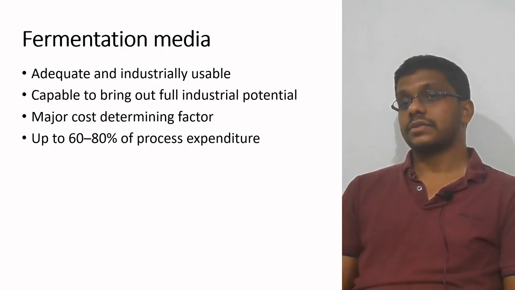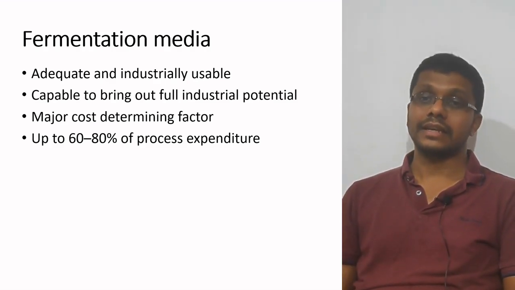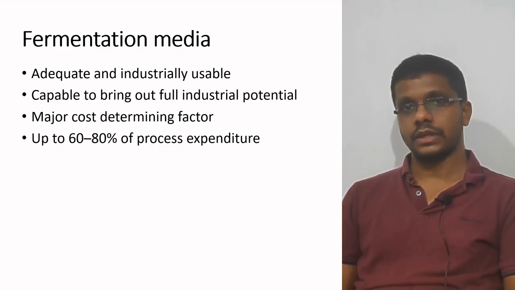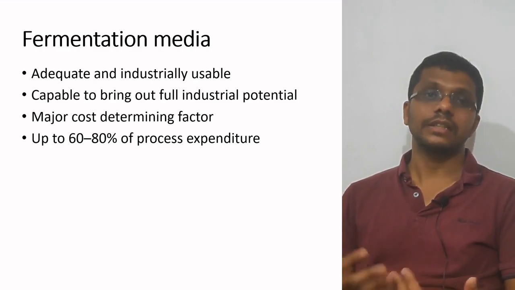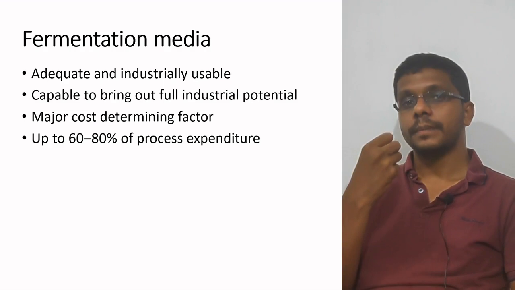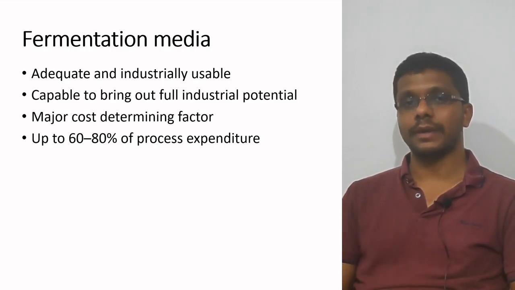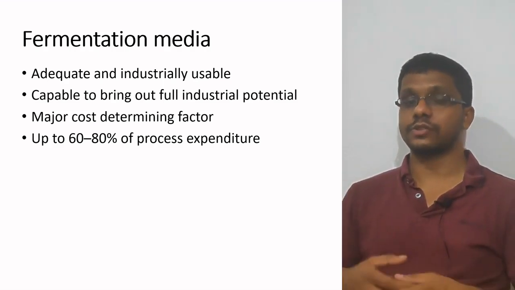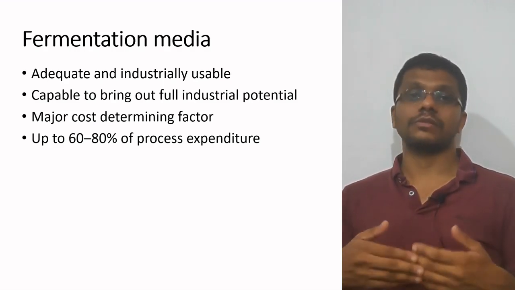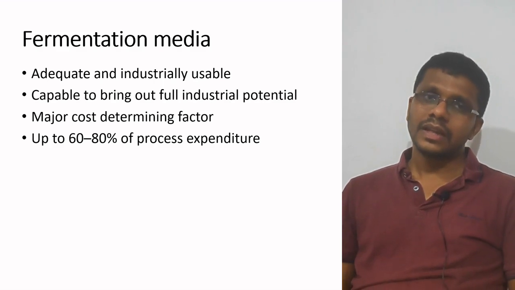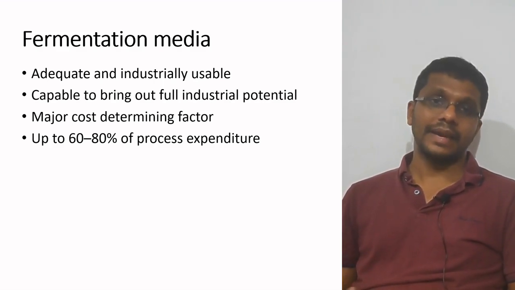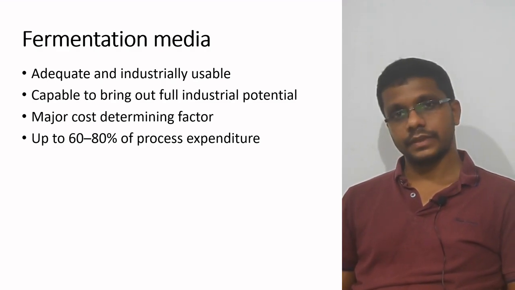Another characteristic we are looking for is that it should be capable of bringing out the full industrial potential of the microorganism. Industrial potential in the sense of productivity. The media we use in industry should bring out maximum product from the microorganism. The maximum productivity should be there so that if the product is high, the fermentation process will become more economical. And the importance of fermentation media in industry is that it is one of the major cost determining factors,